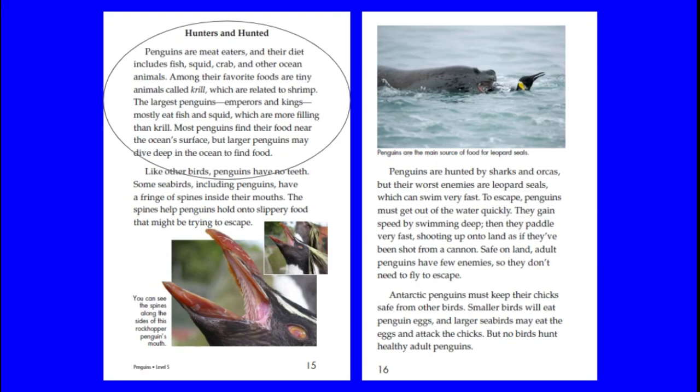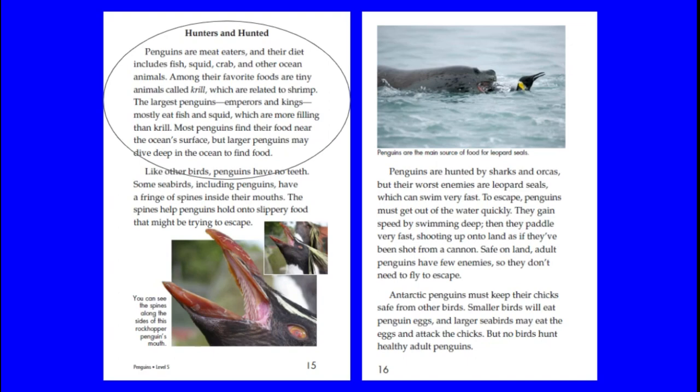Hunters and hunted. Penguins are meat eaters, and their diet includes fish, squid, crab, and other ocean animals. Among their favorite foods are tiny animals called krill, which are related to shrimp. The largest penguins, emperors and kings, mostly eat fish and squid, which are more filling than krill. Most penguins find their food near the ocean's surface, but larger penguins may dive deep in the ocean to find